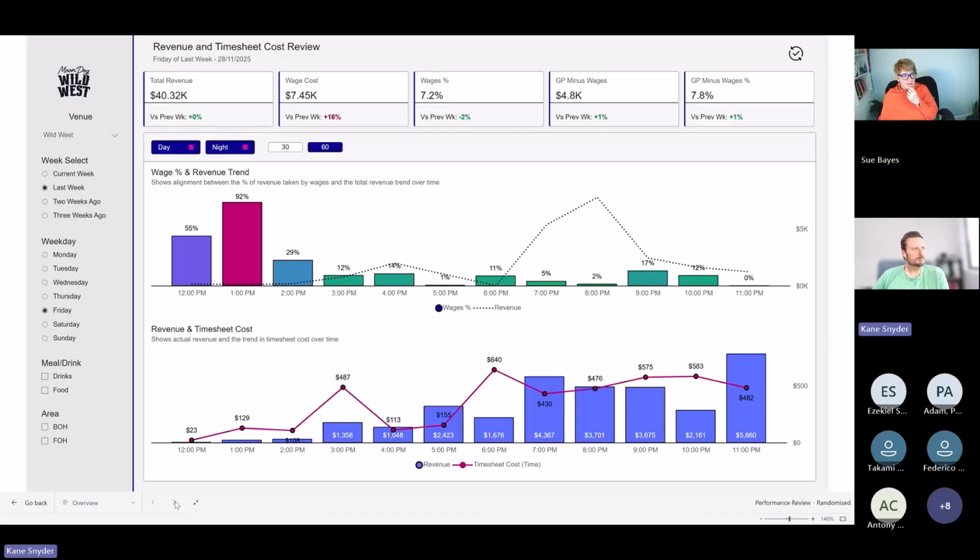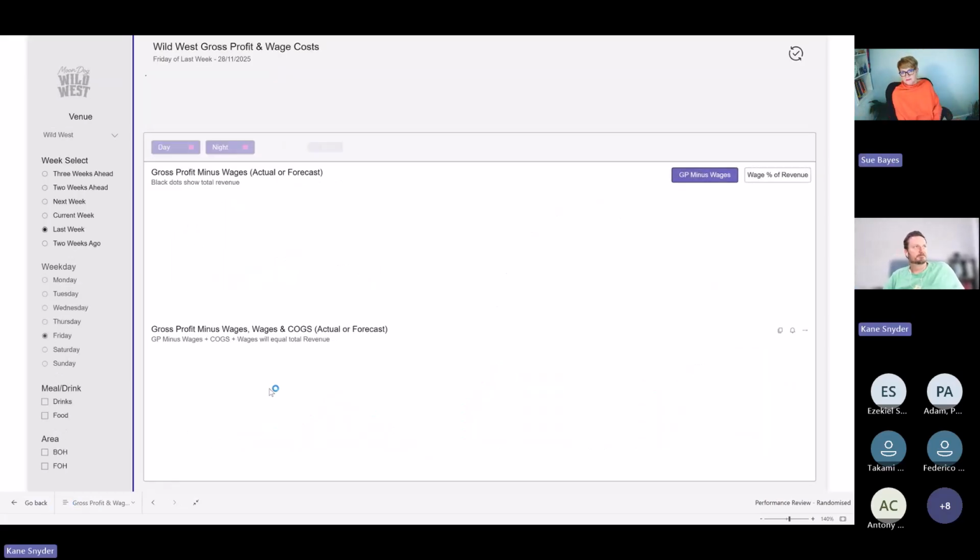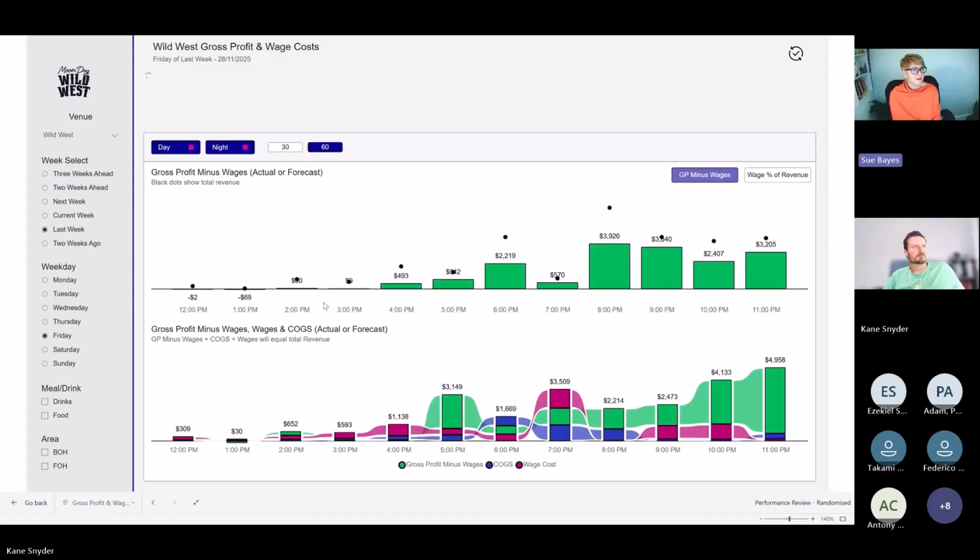Because these were quite operational, they needed to be able to see at a particular time if things were not going as expected, they could reduce the amount of staff on shift. Yeah, I mean, that's the critical thing, isn't it? Trying to understand when you need people, whether it's manufacturing or the service sector.